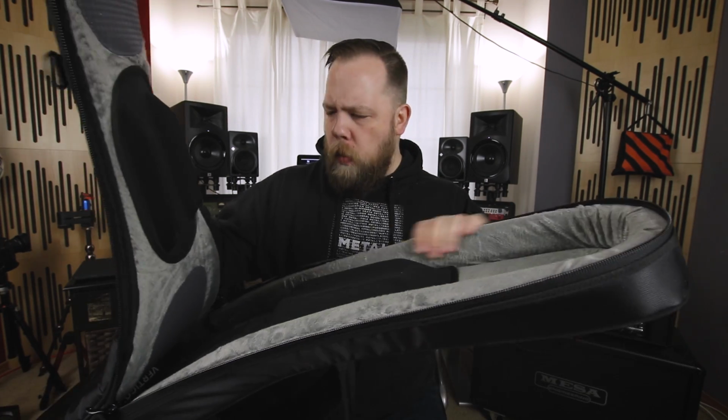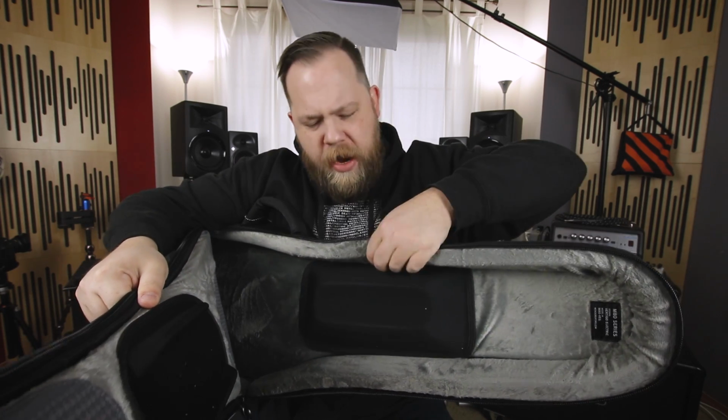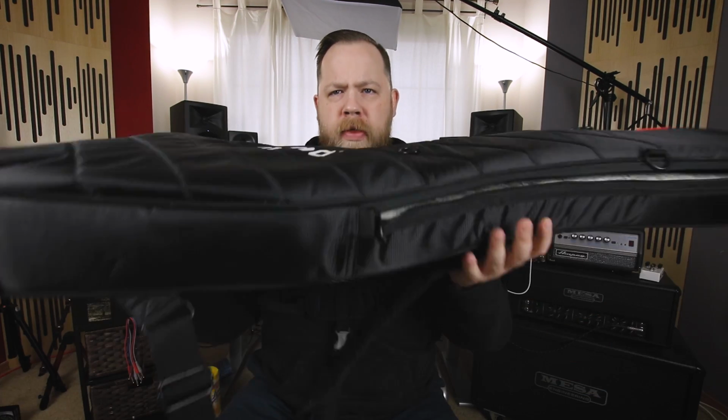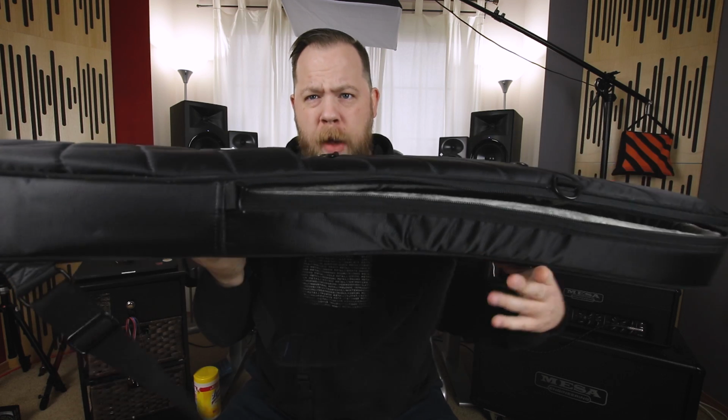Number 6, inside there are walls on this case that are heavy duty and really form a single shell around your case. This is awesome. This is what really kind of defines Mono cases as a whole. I mean, they're doing it right. The whole case is a couple inches thick. I don't have it zipped up, obviously, but